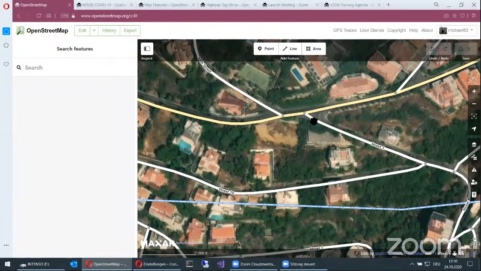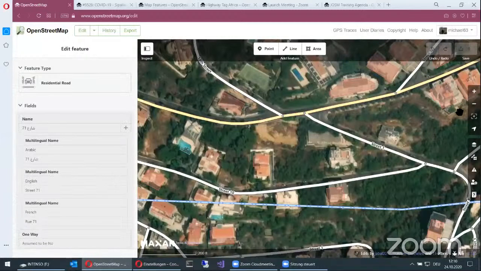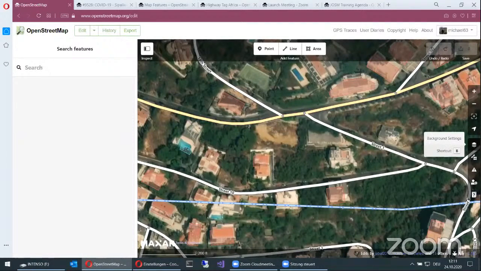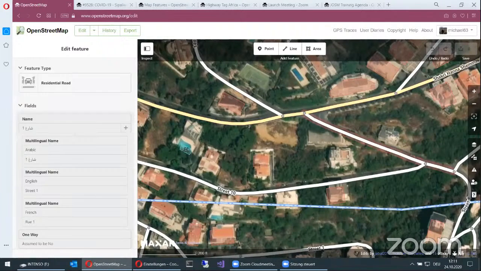So just to give you a little overview of how this all looks. First of all, here in the top, we've got an area where you can select between different drawing modes: points, lines, and areas, as these are the major constituents of a map. Once you've done some edits, you will see that there is undo and redo available, and also save, which is the most important step, because of course we want all our edits to end up in OpenStreetMap. Here on the right, you've got a couple of options and other features. Zooming in and out is certainly much more convenient with a mouse wheel. Then